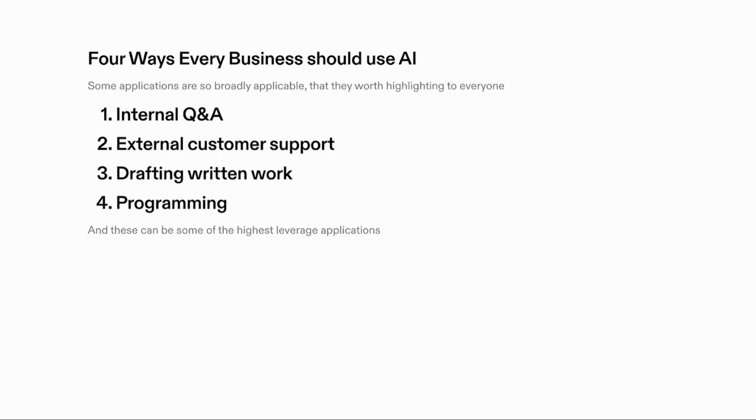A third thing, which is a great opportunity for every business to use AI, is to draft written work, of course. Now, AI systems suddenly became very capable of writing, and we're all doing a lot of writing all the time, whether it's writing blog posts for marketing, whether it's formatting our rough notes from the meeting, whether it's writing a report about this quarter, or whether it's responding to emails.